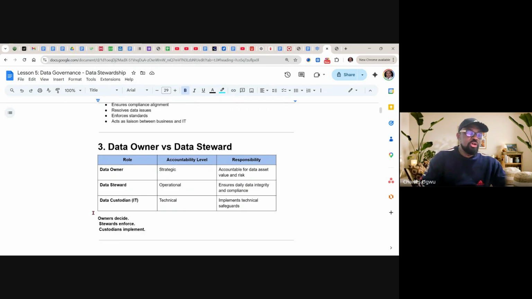You can get a job in any of these capacities. You can get a job as a data owner, although that's not going to be automatic. You need to grow and show experience. You can't just start out as an owner. You need to start from stewardship before you can have the experience of becoming an owner.